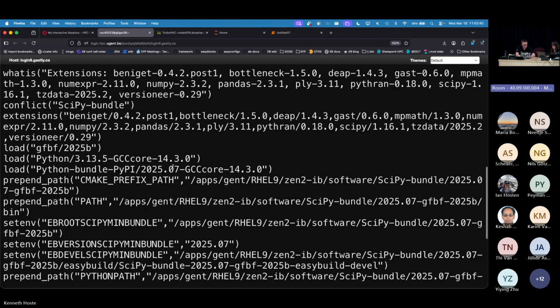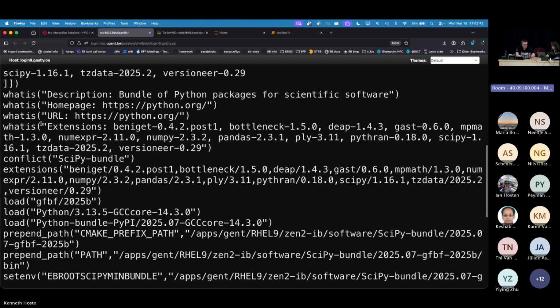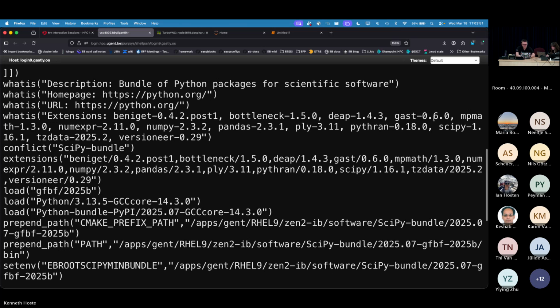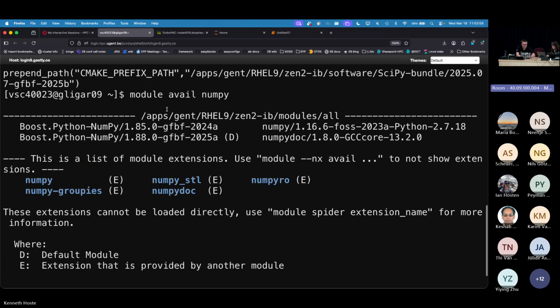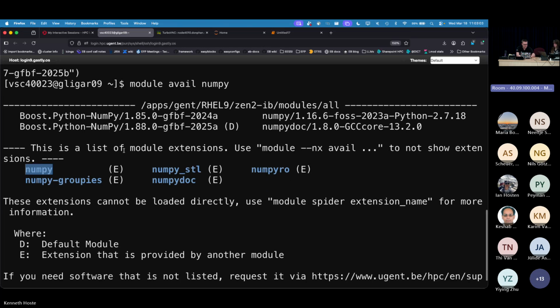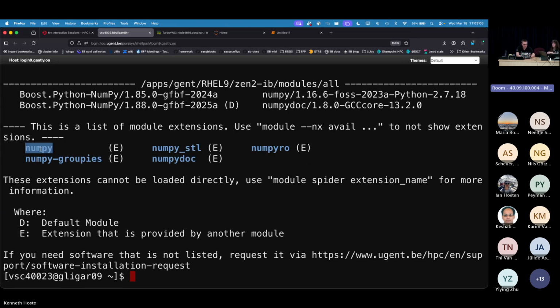This will print out a lot of text, but essentially it will tell you that this module has a bunch of extensions, including numpy, pandas, scipy, and specific versions of that. Now, if you're looking for numpy, for example, the system will tell you that there are some things that have numpy in the name, but there's numpy itself as well, which is an extension. And it says to get more information about an extension, you do module spider,